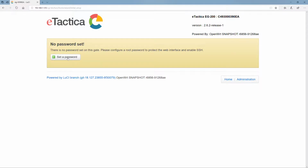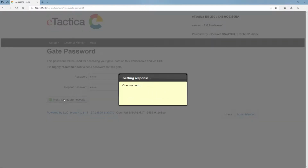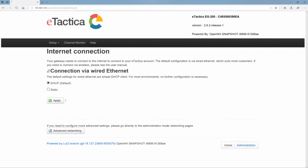So we're going to set a password. It's the first thing we do. Let's just choose anything. Next, we configure the network. Now you do get choices here in terms of Ethernet, of DHCP, or a dynamically associated IP address, or a static IP address. There's also the option of Wi-Fi down here in advanced networking. For the purposes of today's demonstration, we're just going to stick with the DHCP. So we're going to do apply